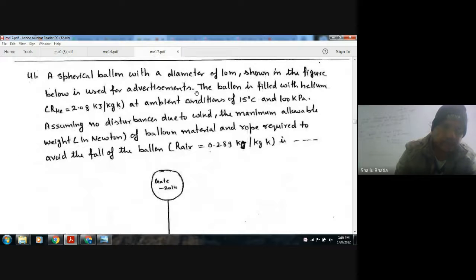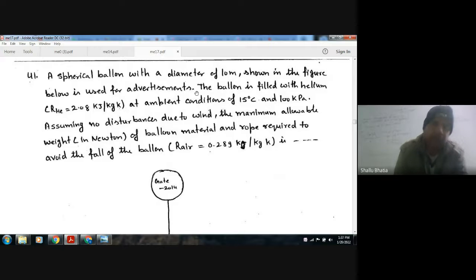Next, a spherical balloon with a diameter of 10 meters, shown in the figure below, is used for an advertisement. The balloon is filled with helium (R_He), the characteristic gas constant of helium is 2.08 kilojoule per kilogram per Kelvin, at ambient conditions of 15 degrees Celsius and 100 kPa. Sorry, 100 kPa. Assuming no disturbances due to wind,